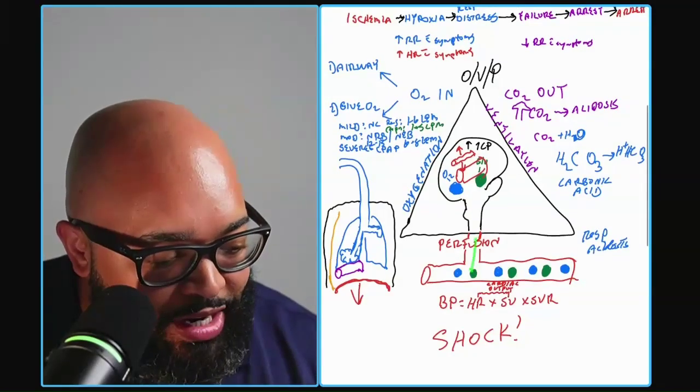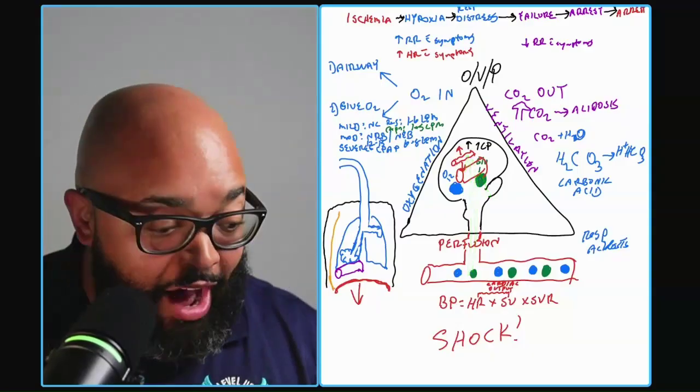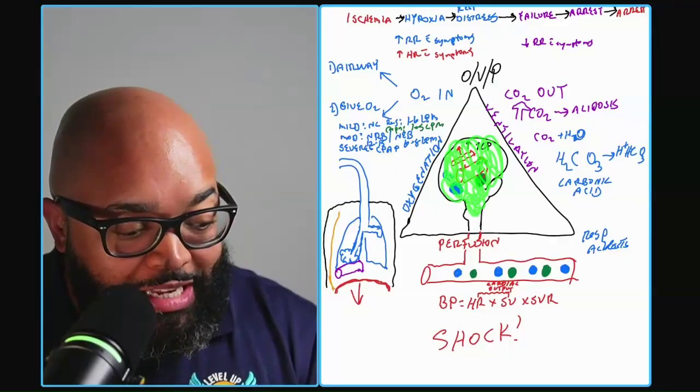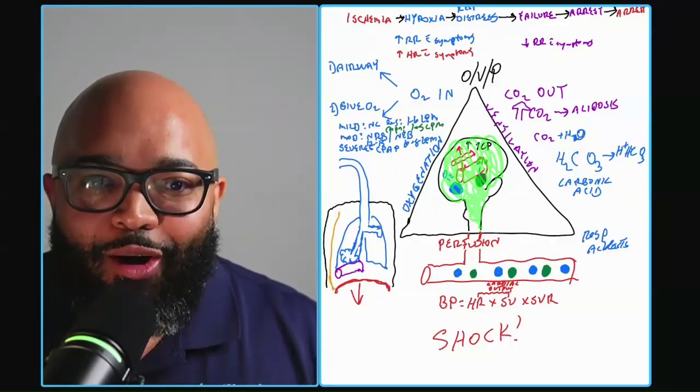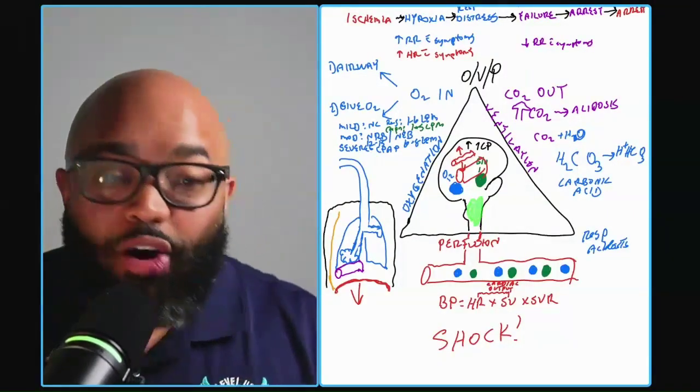So we're going to have increased blood flow in the brain. That's going to increase the pressure in the brain. Now let's put more and more pressure. Well, let's knock out the brain stem. Now I just caused herniation. So I had increased intracranial pressure that now just caused herniation.